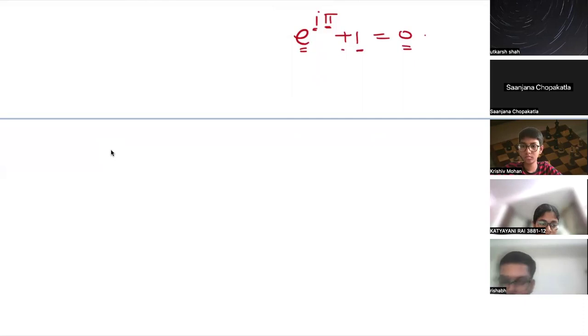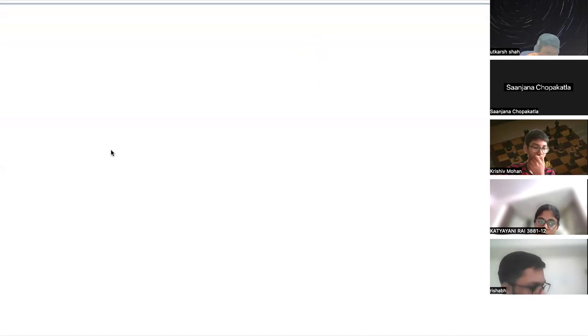Again, this we know, and this we have to study, e to the power i pi and all. Now, the complex number. Any complex number is divided into 2 parts. Z is equal to a plus i